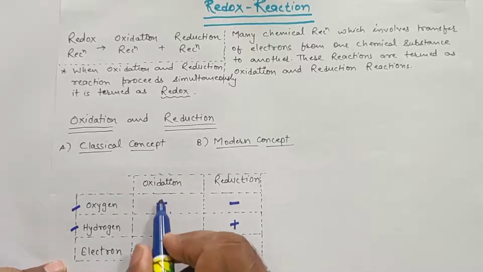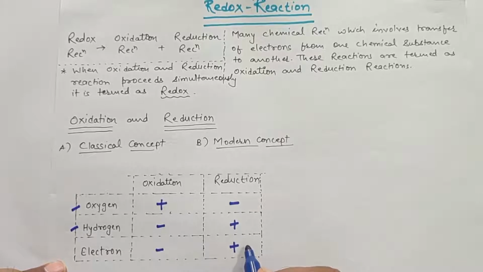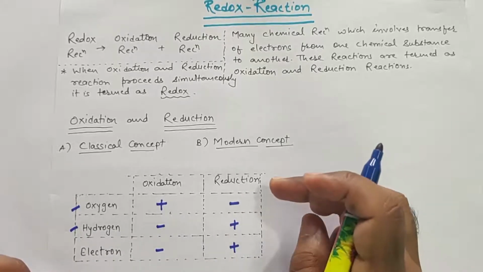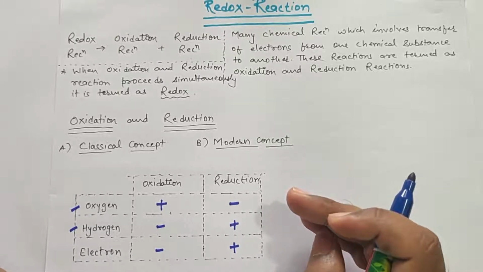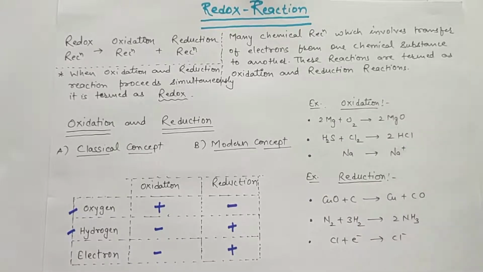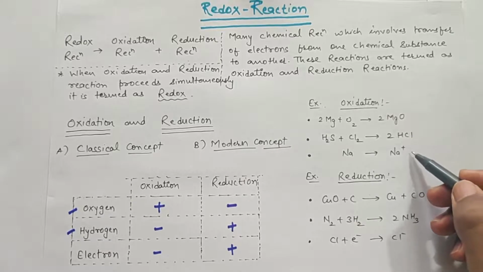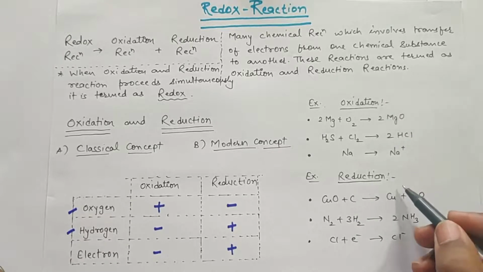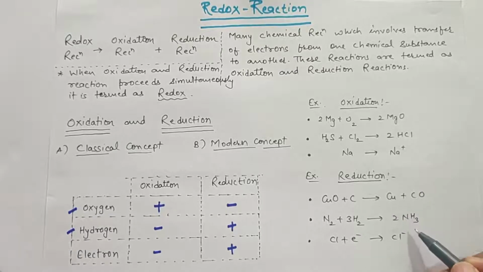The removal of electron or the loss of electron is known as oxidation and the gaining of electron is known as reduction. So this is the shortest and the simplest method to memorize oxidation and reduction. These are the examples of oxidation and reduction in terms of oxygen, in terms of hydrogen and in terms of loss of electron. These are the examples of reduction in terms of oxygen, in terms of hydrogen and in terms